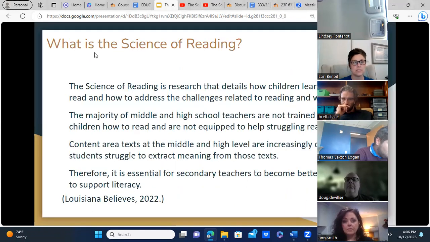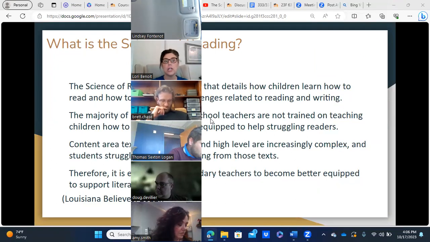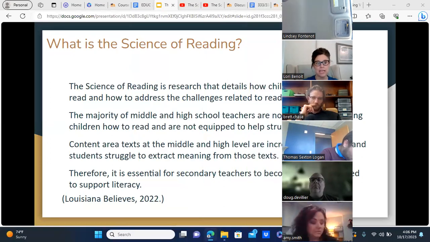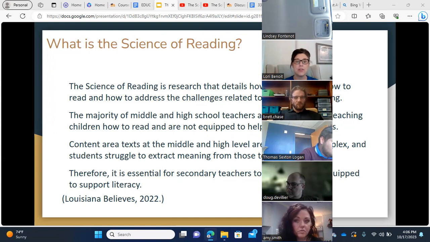So that's what we're going to be focusing on today. Scarborough's reading rope, or the science of reading rather, was covering up my list there. This is research that details how students learn how to read and how to address the challenges related to reading and writing. And of course, we know that those challenges that they encounter with reading and writing show up in the other forms of literacy: speaking, listening, visualizing, and of course, that critical thinking are all impacted by those reading